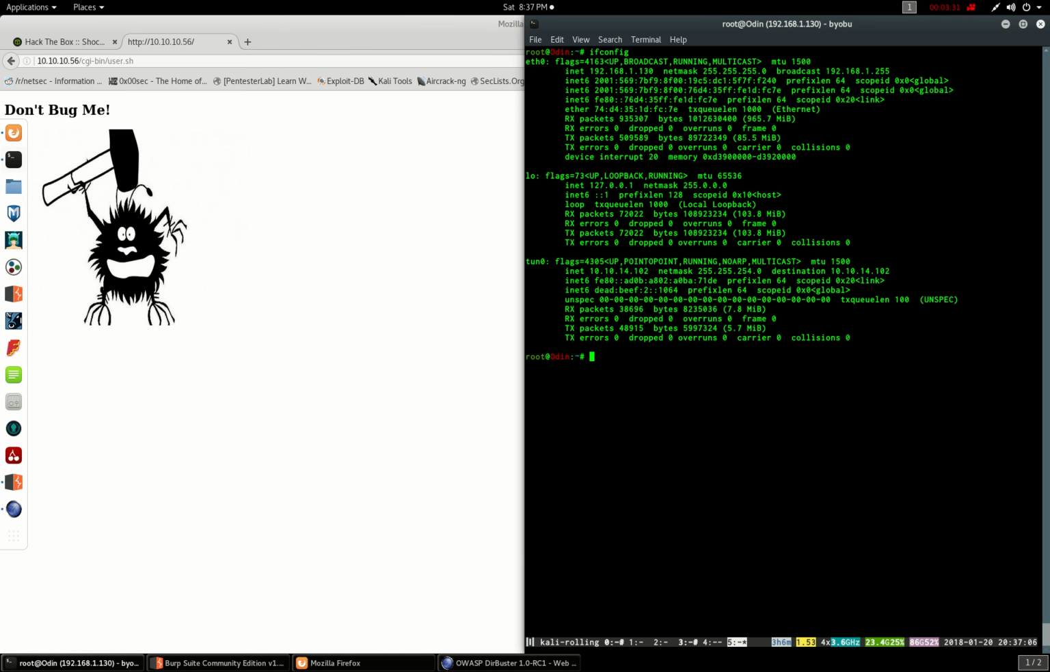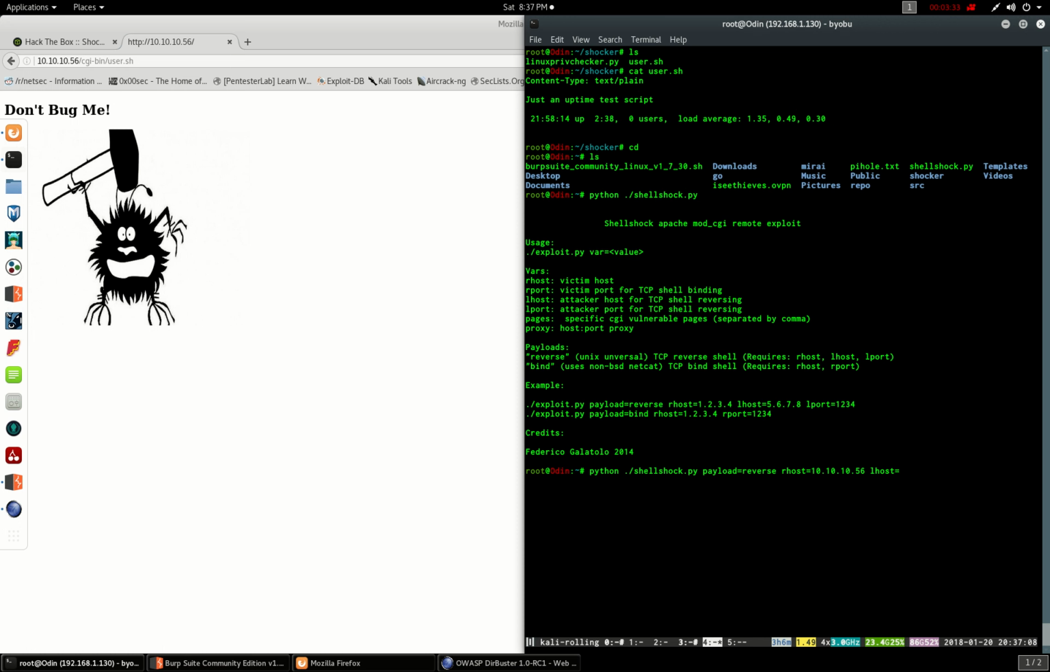Okay. We can get the hash. Shit, I shouldn't have printed that. Oh well. And for the root,